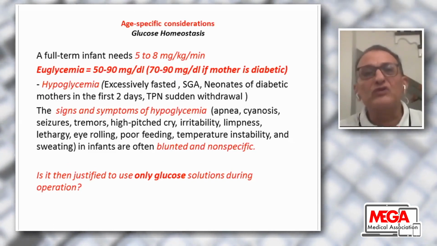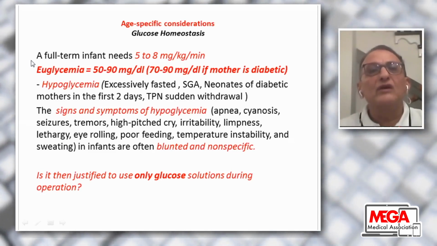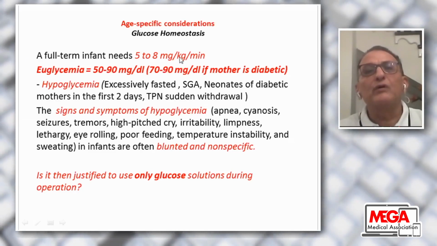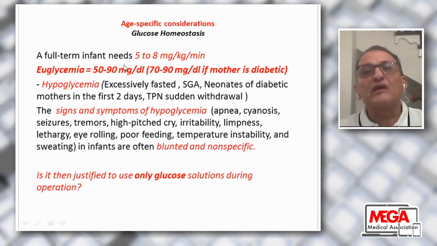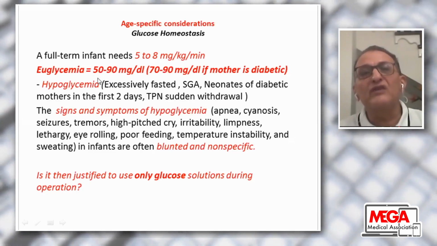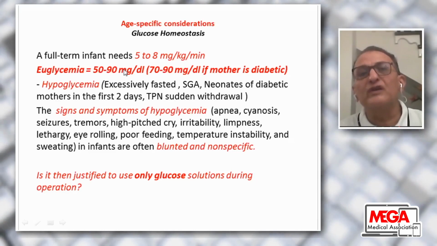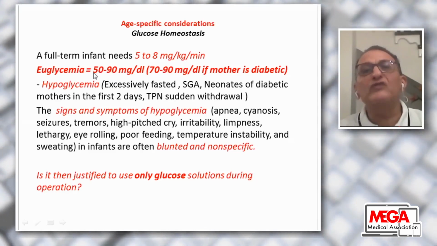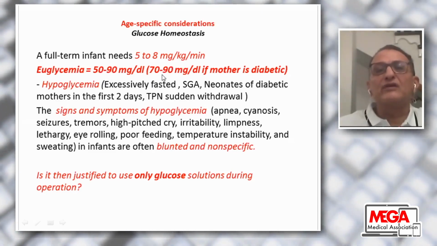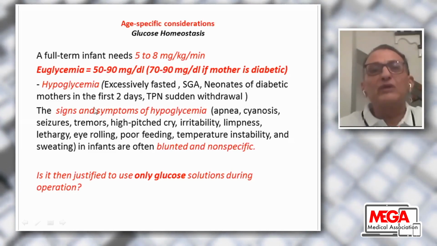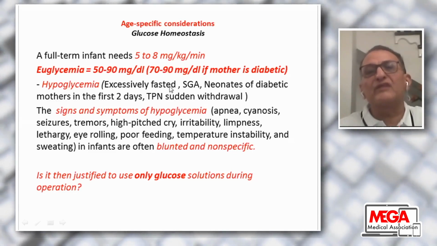When it comes to glucose homeostasis, we know the default is that all neonates need glucose infusion, about 5 to 8 milligrams per kg per minute. Their euglycemic range is between 50 to 90. That means 40 should be treated, and at 110 you should reduce the infusion rate of glucose. Of course, the lower limit is higher if the mother is diabetic and the neonate is in the first 2 or 3 days. Hypoglycemia is common if they are critically ill, if they fast for a long time,